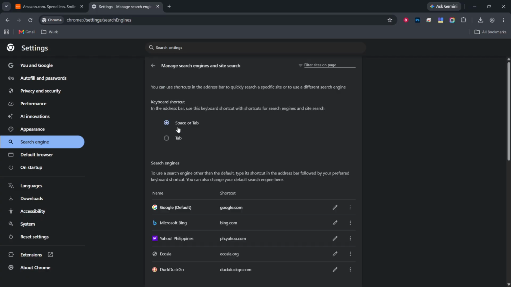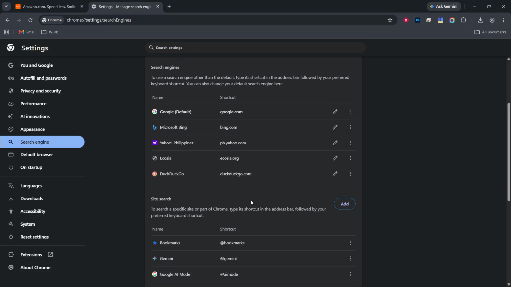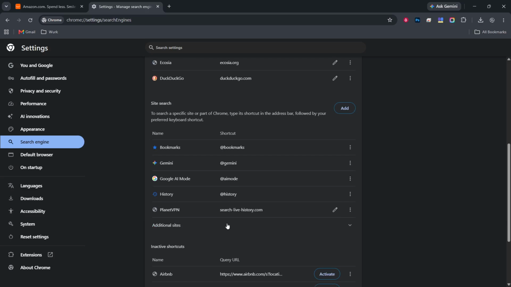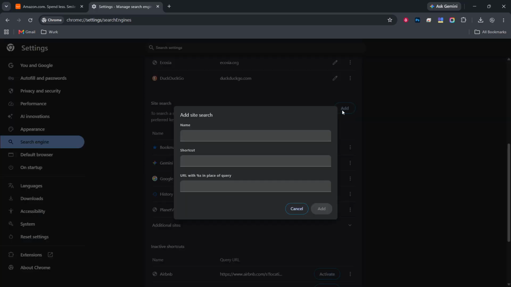This opens a more detailed page. At the top, you see the current default search engines list. Below that, you will find a section called Site Search. That is where we will add Google Translate, so it can be triggered like a custom command. Now click Add in the Site Search section. A small pop-up window appears with three fields: Search Engine, Shortcut, and URL with a placeholder for search terms. Nothing you type here changes anything until you click Add, so you can adjust the text if needed.